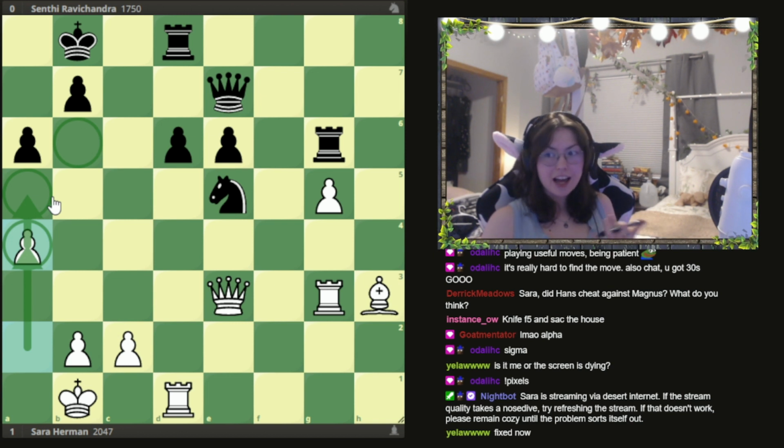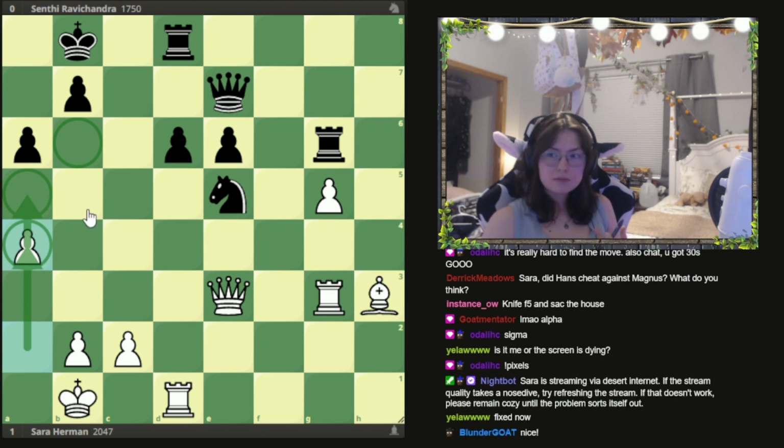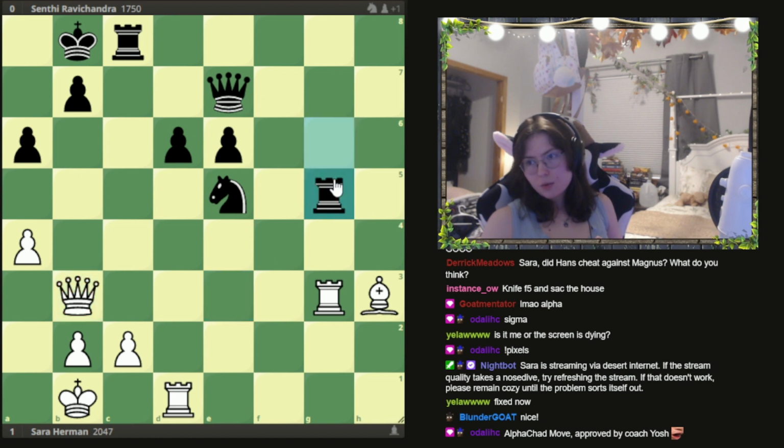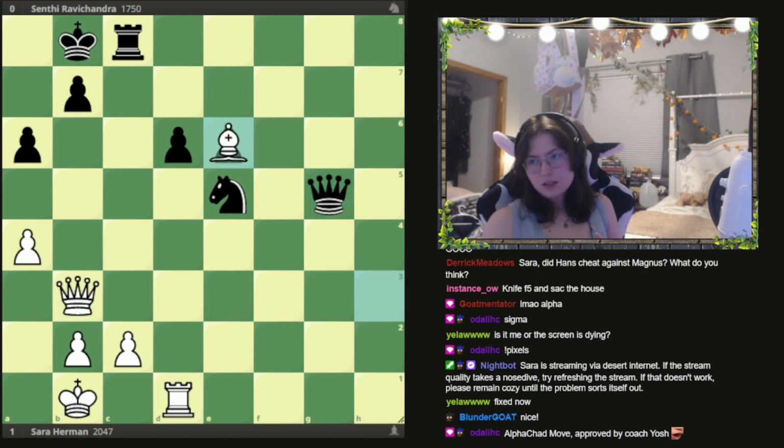Which is true. I don't think even a4 would have ever crossed my mind 6 months ago. So he plays rook c8. Sure. I play queen b3. This is a fake threat, but okay. He can do this if he wants to, but I feel like...